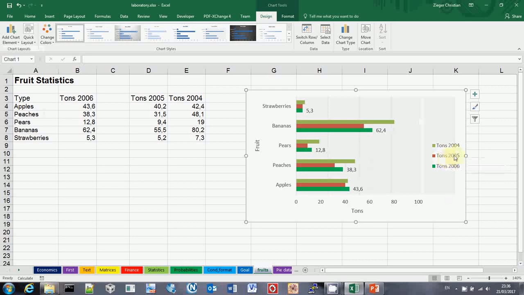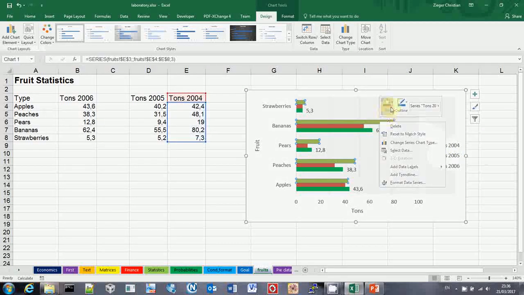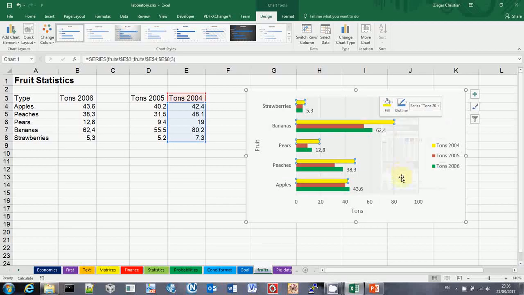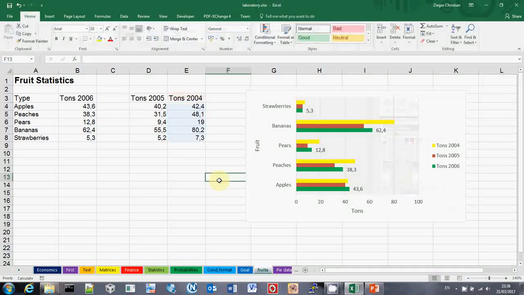Yellow 2005 is red, 2004 has to be yellow. So let's select this one, right click, and let's use the shortest way to do it from fill. Here select yellow, and